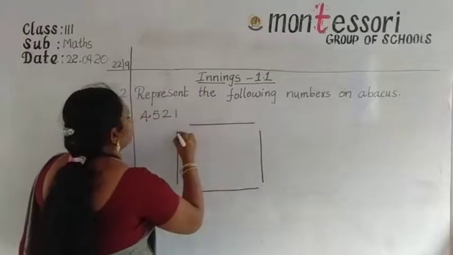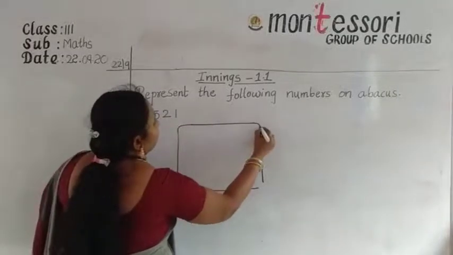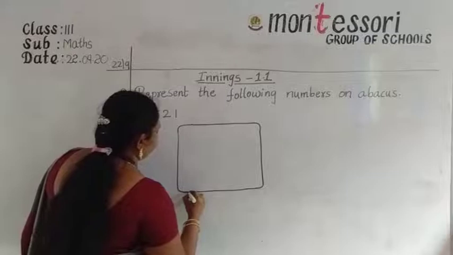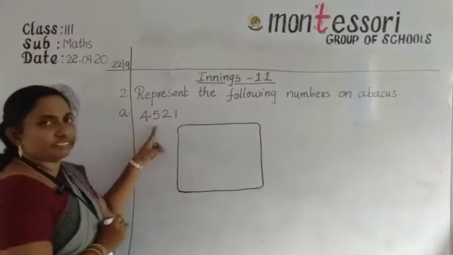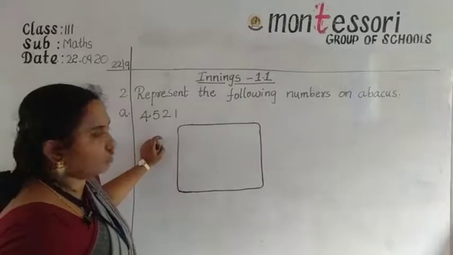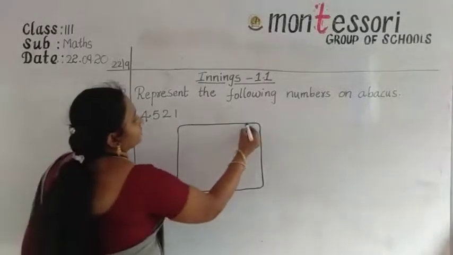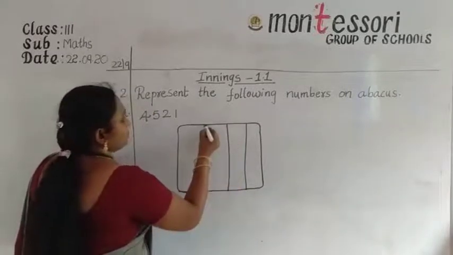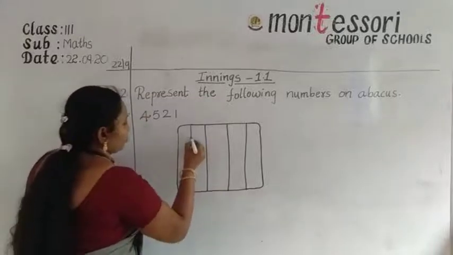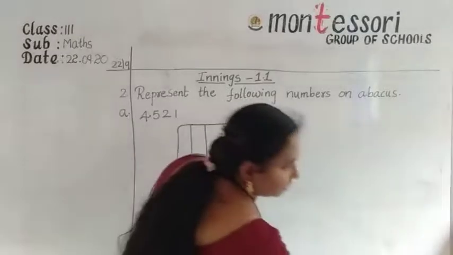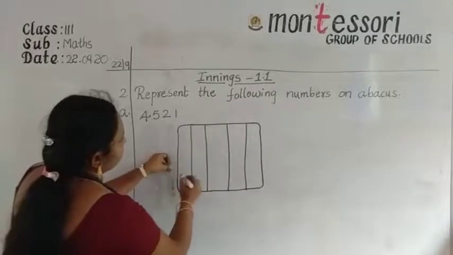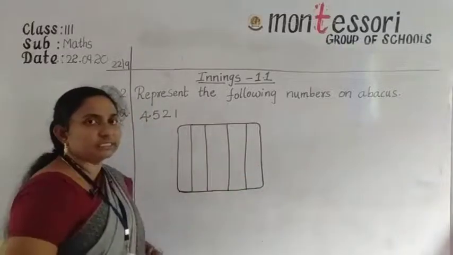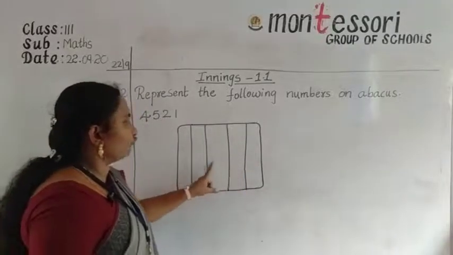Like this. And here, okay, this is the abacus frame. In this abacus frame, how many digits are given here? 4 digits. So now I draw 4 lines in the middle. First 1, 2, 3, 4. Okay, use the scale. Use the scale. First here draw the line and here draw the line and again here draw the line and here also draw the line and join the lines, and then after the middle draw the 4 lines.